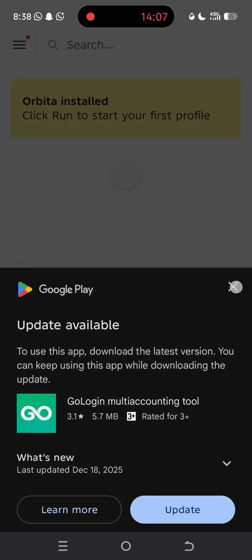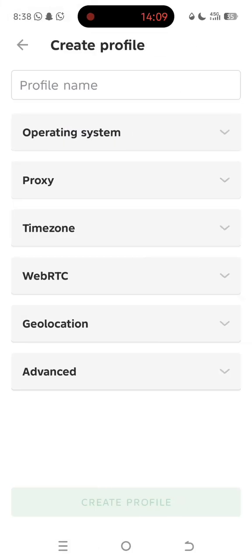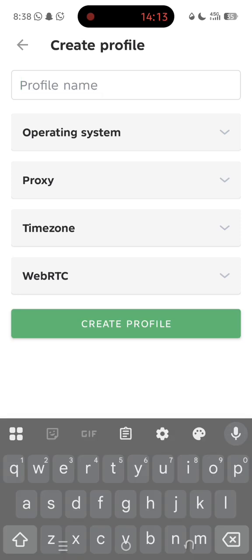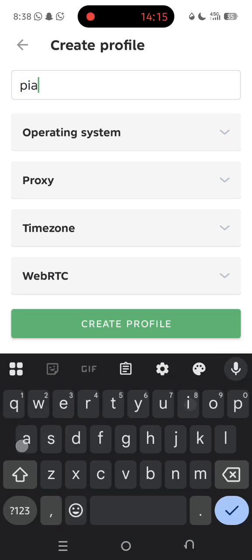I think demonstration is the best. Let's leave the update for now. Now let's use GoLogin. Now you create a profile, say PI residential